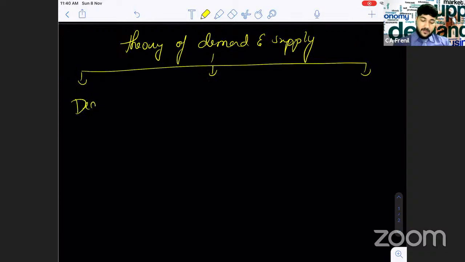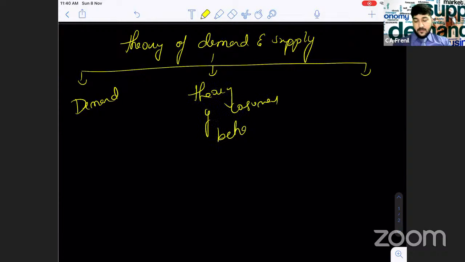There is demand, which we have to go through in a very detailed manner. Secondly, there is theory of consumer behavior, and thirdly there is supply. So there are three different units which we have to cover today. Any topic which we deem to be easy, we will just go over. We won't go in depth, and there are some topics which are very important which we'll go through fully. Now, without further ado, let us start with